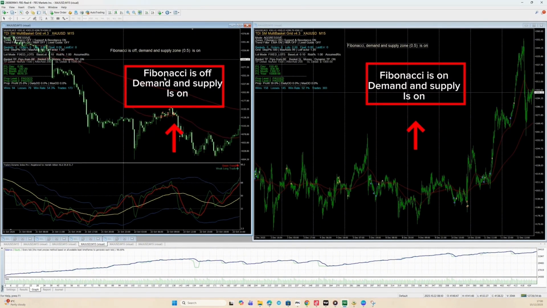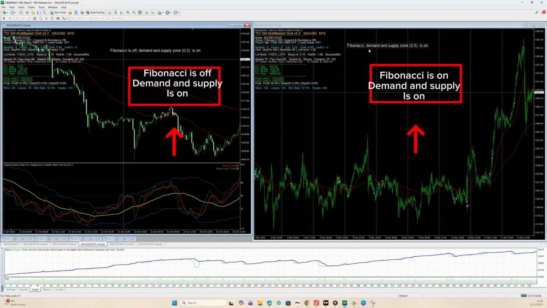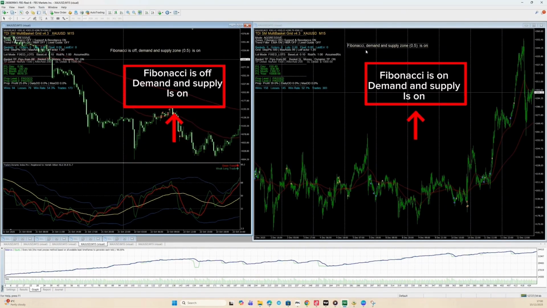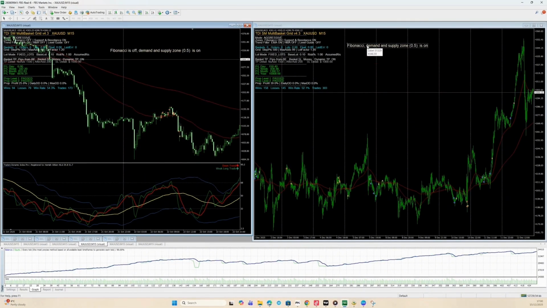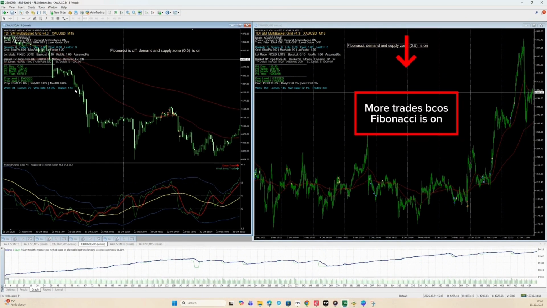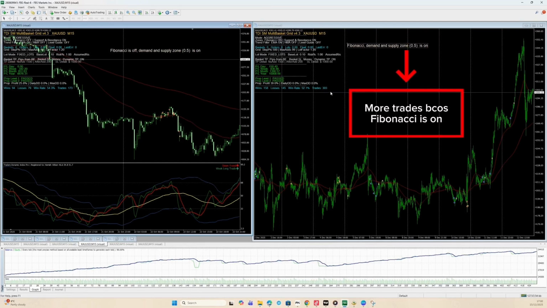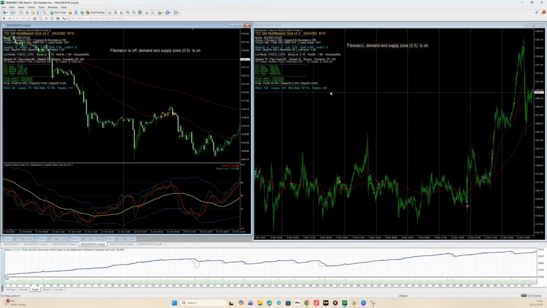Okay, now in this example, you can see that just turning on Fibonacci means we can get more signals, because now the EA is looking at demand and supply zone, also looking at Fibonacci zone. So this gives you chances of having more trades compared to when Fibonacci is off. And as you can see, when Fibonacci is off, it only has 173 trades, but when Fibonacci is on, it has 303 trades. And the whole period for this backtest is from August 1st, 2025 till December 14th, 2025,